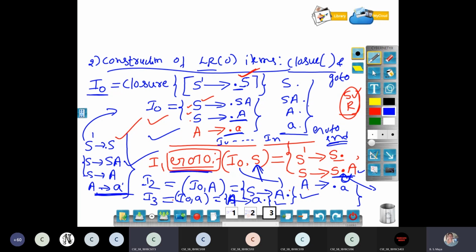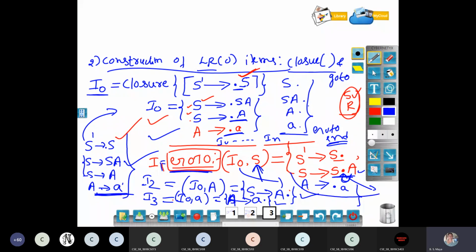This is a new production. This is I3. I can give it a name. See, all of you listen now. I am applying a dot production on the goto function for every symbol. First I am applying capital S. This is called an I1 state. The I1 state is equal to goto(I0, X). I got these three productions.